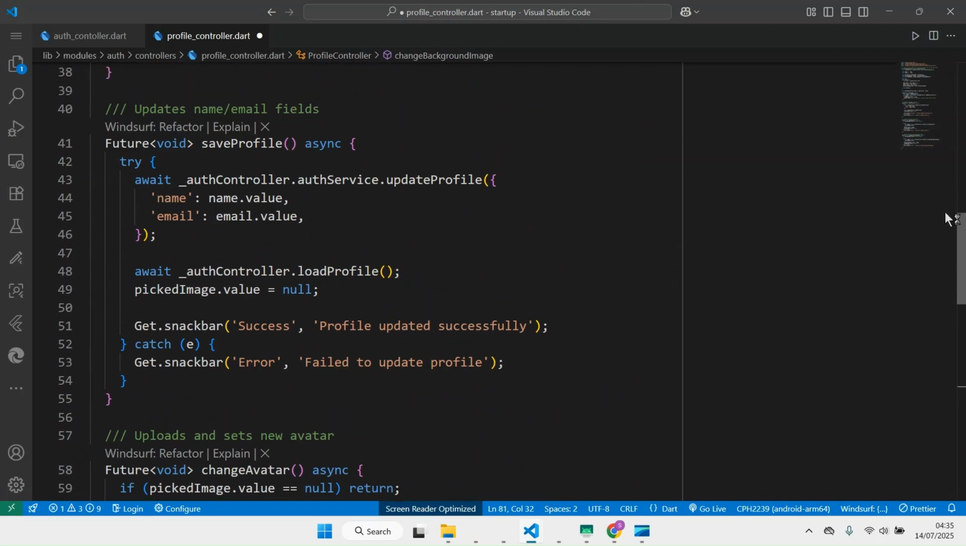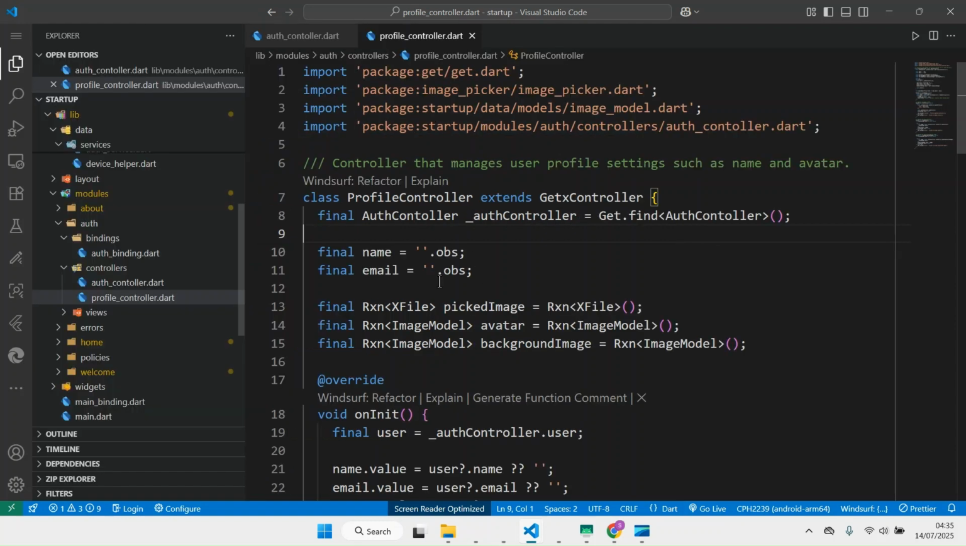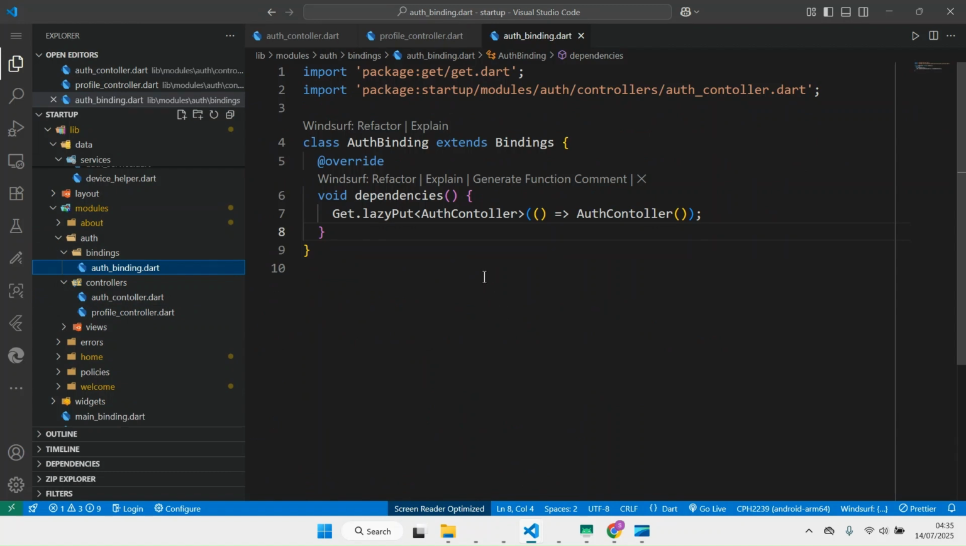That's it in here. Okay, so I can save this. We don't have any error for now, but I can go to auth bindings. This is the auth bindings where we want to inject the dependencies. So we inject our